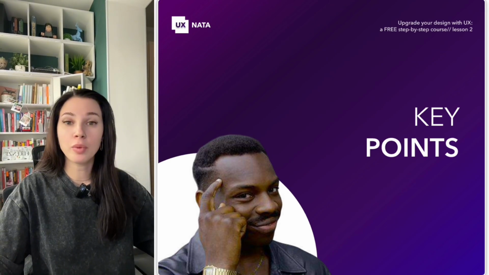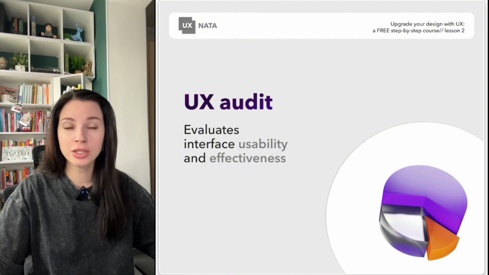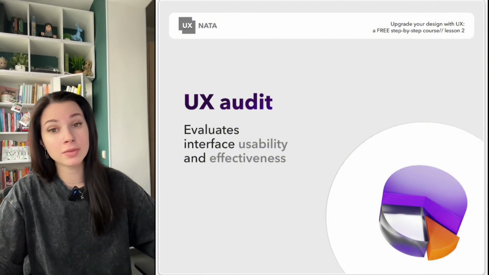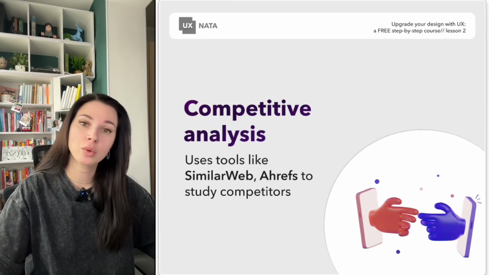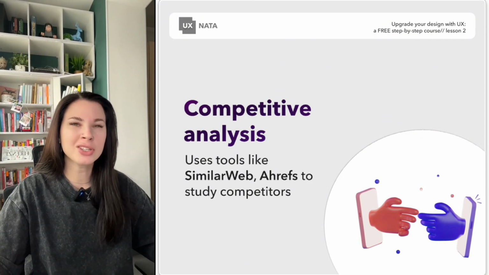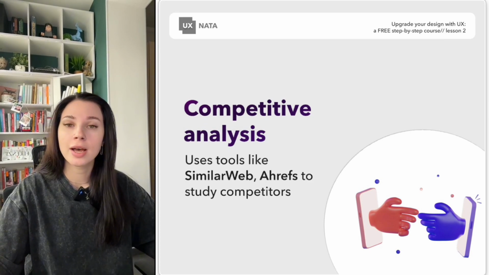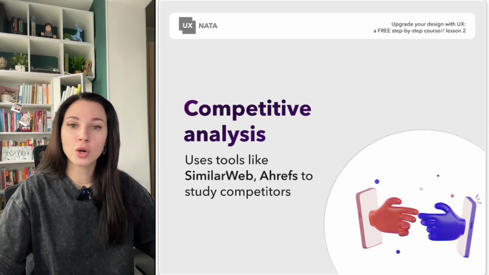So, key points for the second lesson. The first one, UX audit, evaluates interface, usability, and effectiveness. Next one, competitive analysis, uses tools like SimilarWeb and Ahrefs to study competitors. Actually, I would say that there are so many different tools, specifically with AI now, but we will learn it